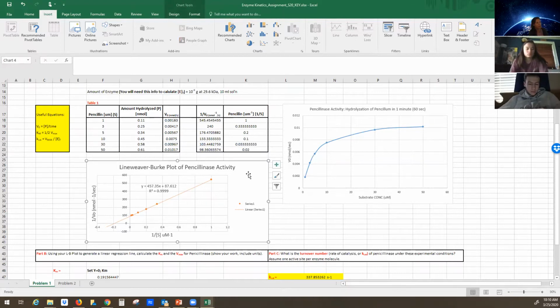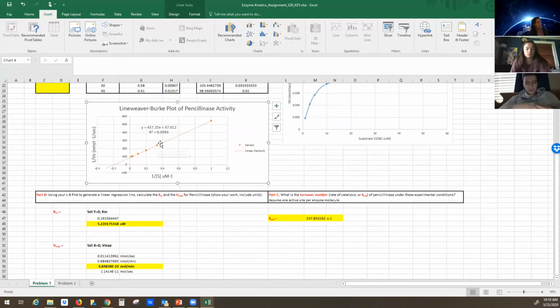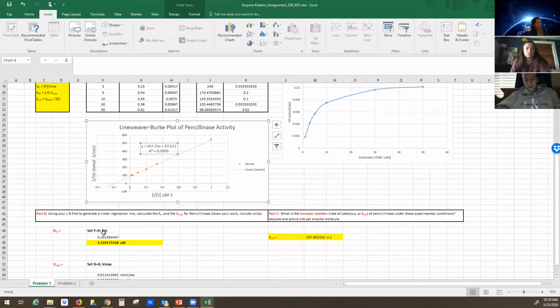Some people don't like using it. But in general, if you take the reciprocal of your velocity, which you see here, and you take the reciprocal of your substrate concentrations and you plot those, it'll make a linear regression trend line so that you can grab the equation for the line and you can set either y or x to 0, because we know the formula, if you look at the notes on Lineweaver-Burk,